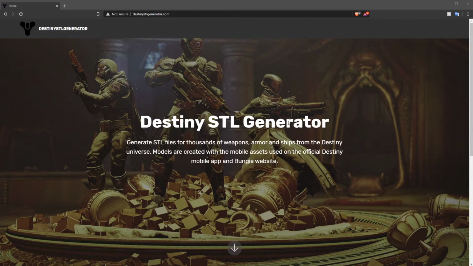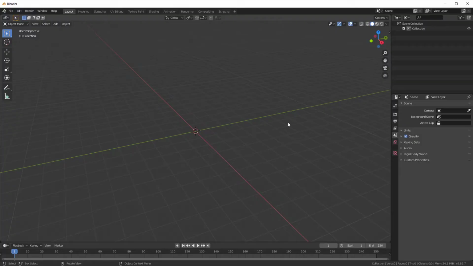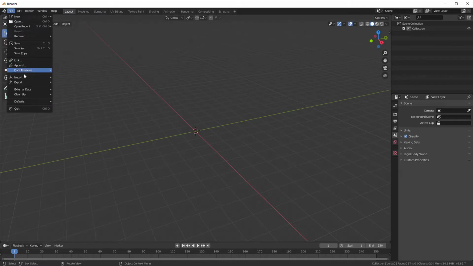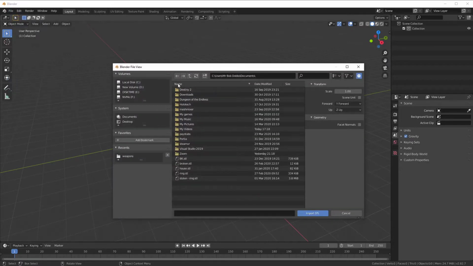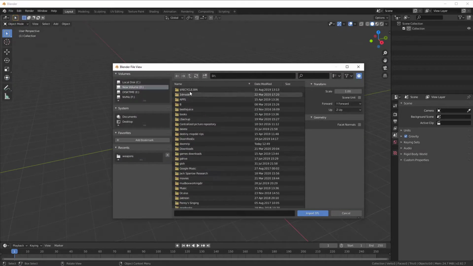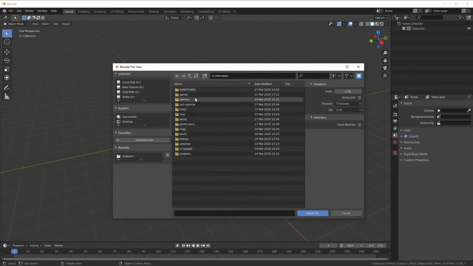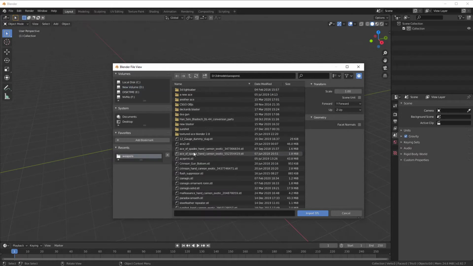And then today I'm going to do something a little different. I'm going to put it into Blender 2.8. Normally I work in older 2.7.9, but got to move forward at some point. So go ahead and go to File, Import, STL. After you've downloaded it, go to its download location. For me, that's going to be under Weapons,